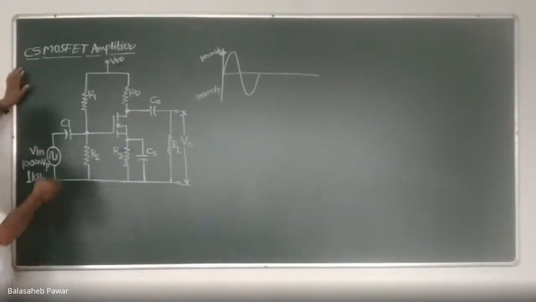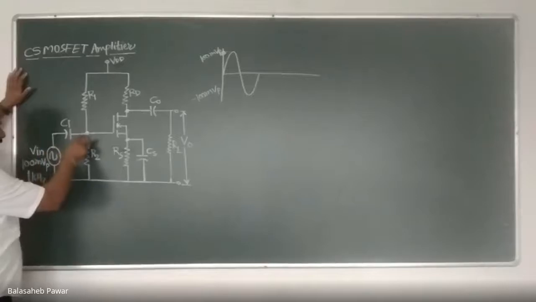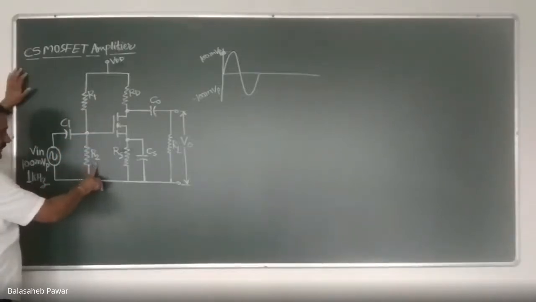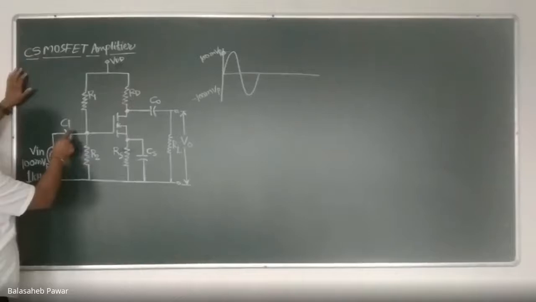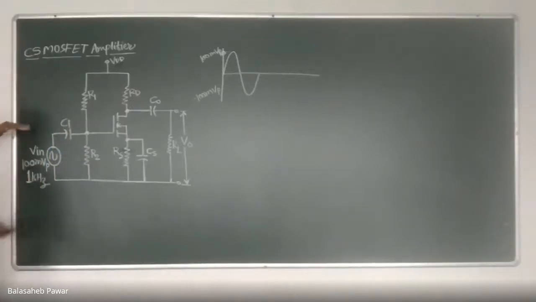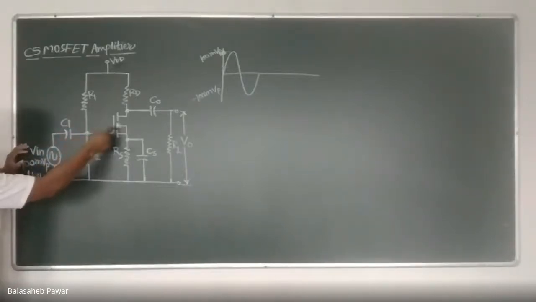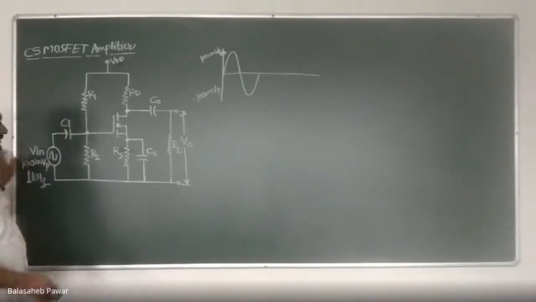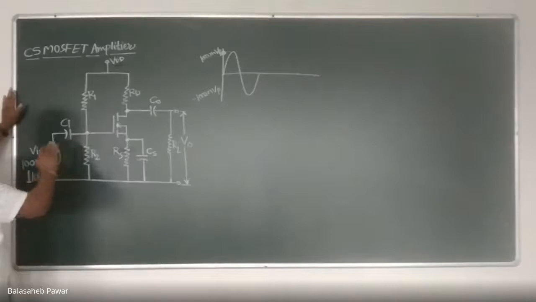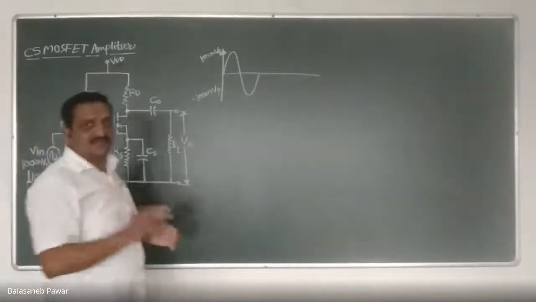Remember, at the node where we are applying the input, there is a DC signal formed by R1 and R2. Yesterday we discussed it during the practical also, and we checked it. So to avoid mixing of that DC signal in the source, this input coupling capacitor is used. Also, if there are some DC components present in the AC signal, they should not get passed towards the transistor. So to block that DC component, this input coupling capacitor is used. How it blocks the DC, we already discussed during our prerequisites.